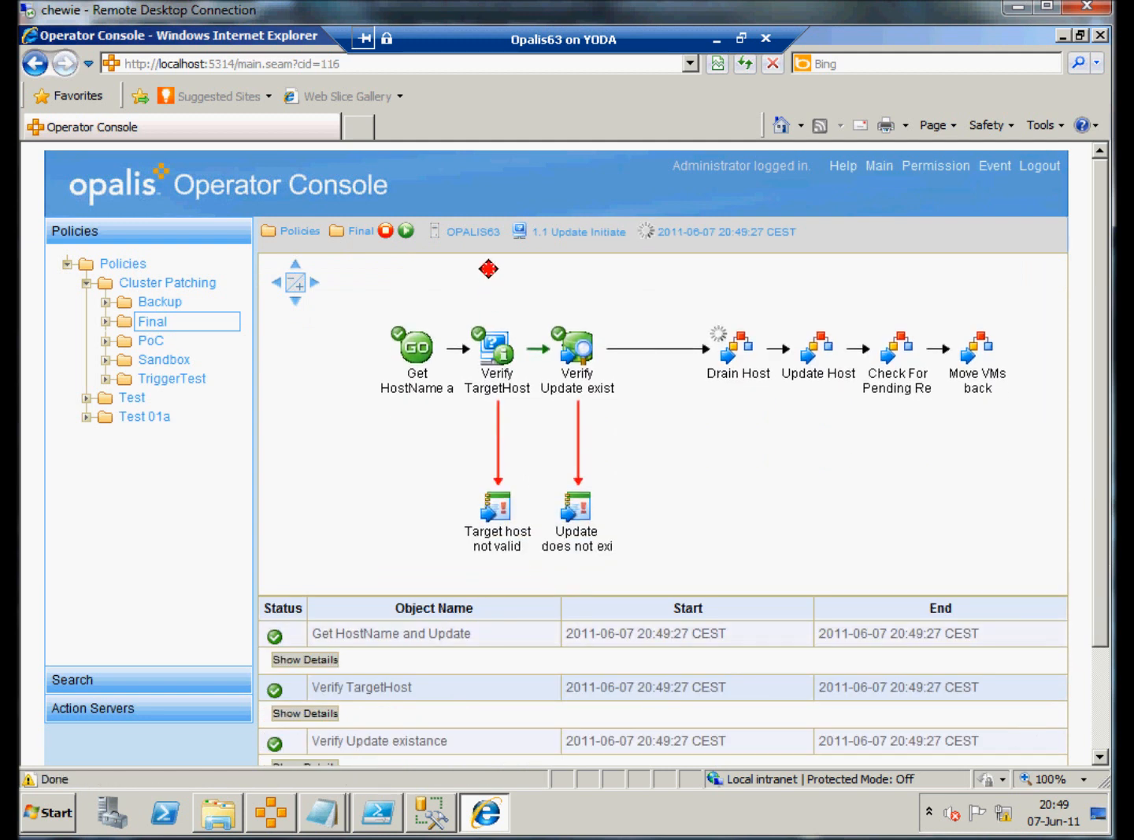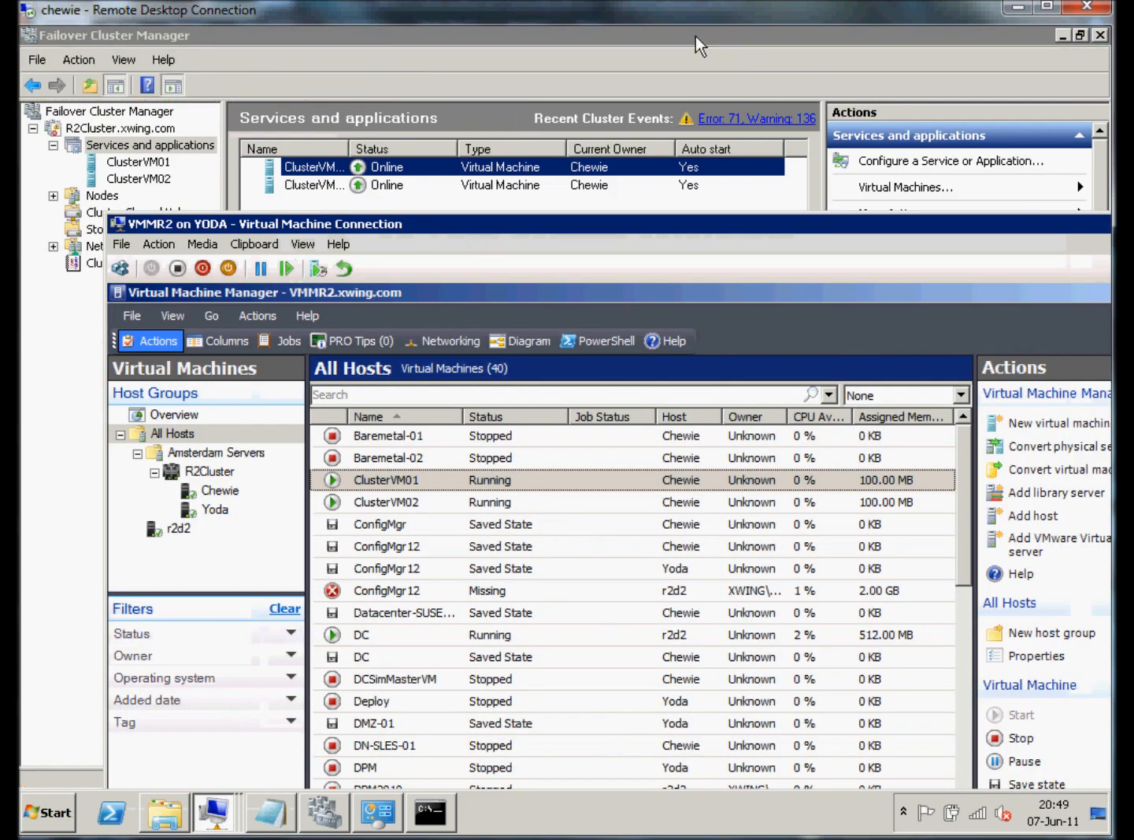And what you see now here by this representation is that the workflow has already completed the verification of whether that host is valid, whether the update is valid. So that data has been passed. So it's currently running the drain host workflow. So let's quickly switch back to Virtual Machine Manager. So right now Opalis is controlling or executing an instruction to Virtual Machine Manager, which you are seeing right here,